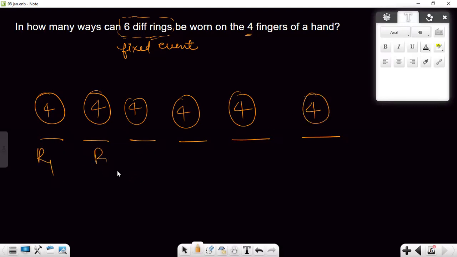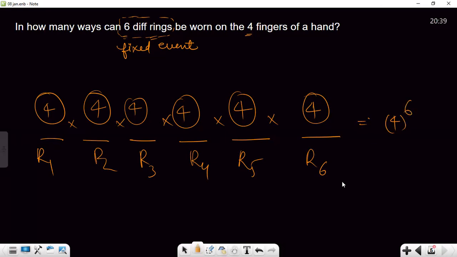Ring 1, ring 2, ring 3, ring 4, ring 5, ring 6. Dependent events, so it will get multiplied. 4 raised to power 6. 4 is getting multiplied 6 times here. Okay. Now, this particular case gives us a formula